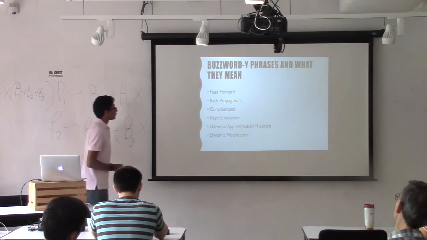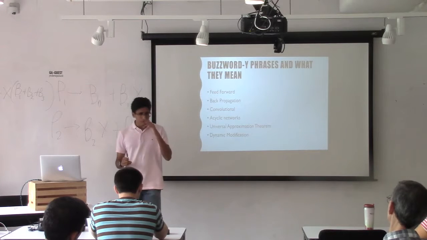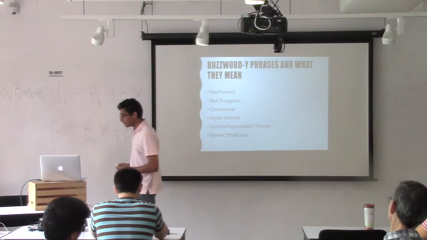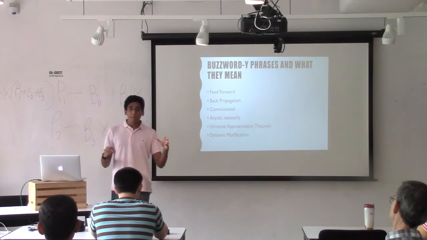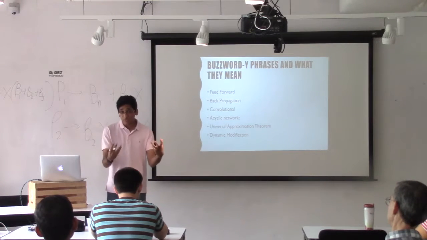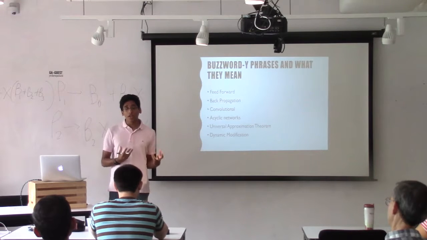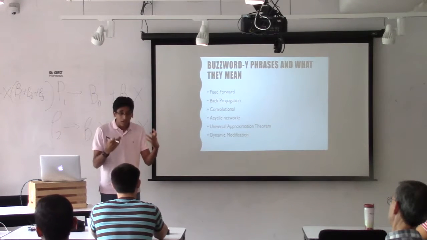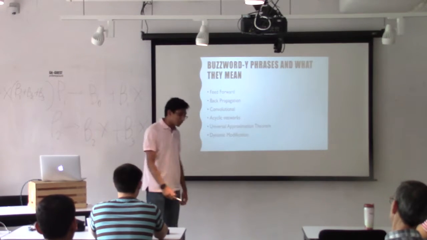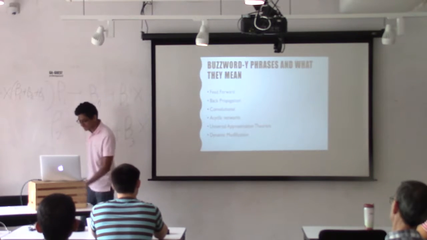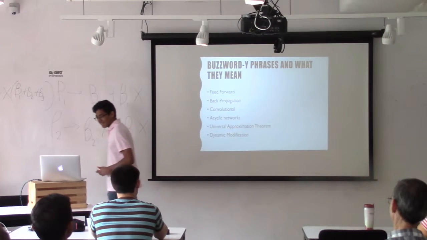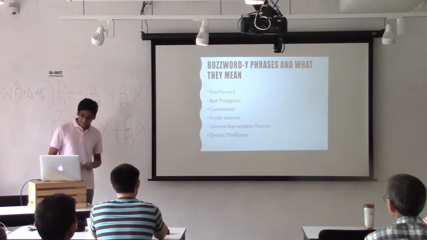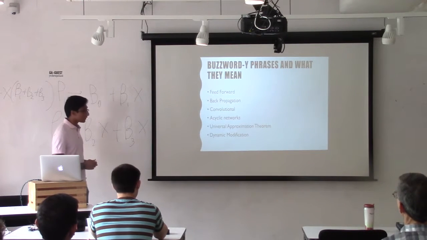How about convolutional? Convolutional neural networks are essentially neural networks where a problem is broken down into specific patterns that the neural network can then simplify and understand. These are actually the next level of neural networks, and you guys aren't authorized to learn that in this class. I'm going to leave that for now. But let's move on to acyclic networks.